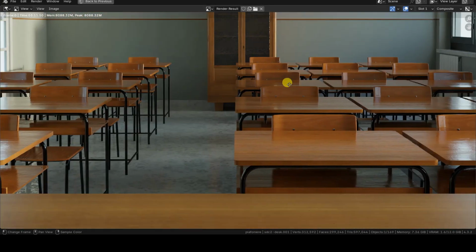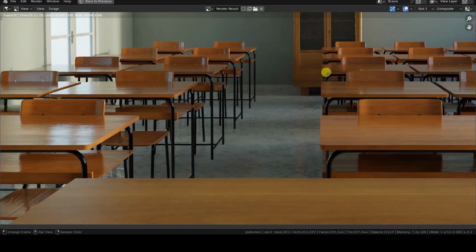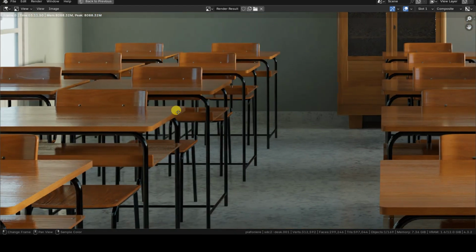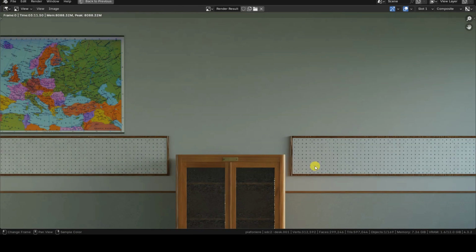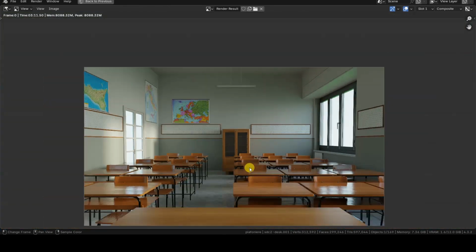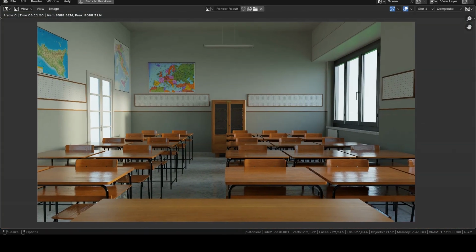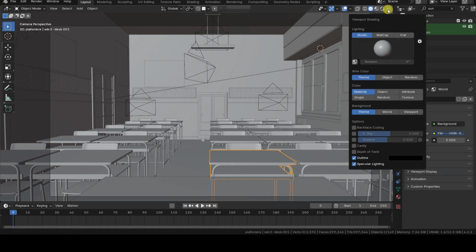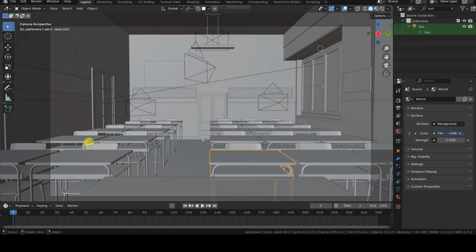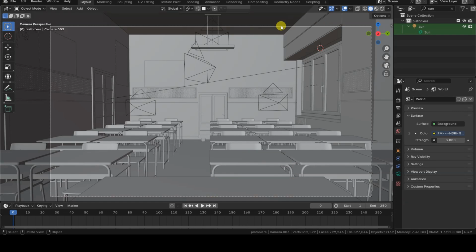Actually, before getting into compositing, I also need to talk about adding some depth of field to the virtual camera. Renderings made without depth of field show all the objects in the scene perfectly in focus. To preview the depth of field effect in the 3D view, I frame the scene from the virtual camera in solid shading mode and enable the depth of field option in the viewport shading menu. I then open the Camera Object's Object tab and enable the Depth of Field option.